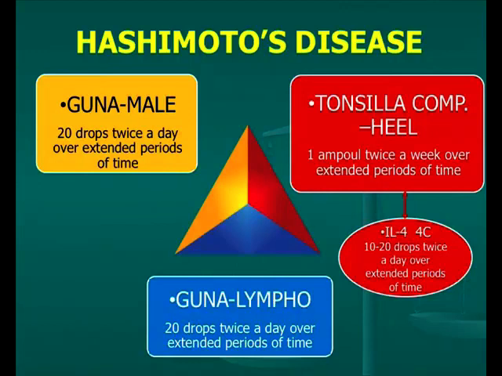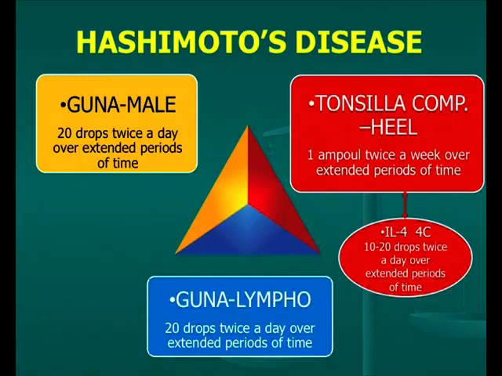The extremely important drug in this context is Guna Lympho, which will provide that important drainage that allows the tissue to not soak itself in inflammatory factors. If Hashimoto's thyroiditis occurs in a subject with extreme immune eretism, particularly in a female subject, it is worthwhile to rebalance this tendency with Guna male drops.